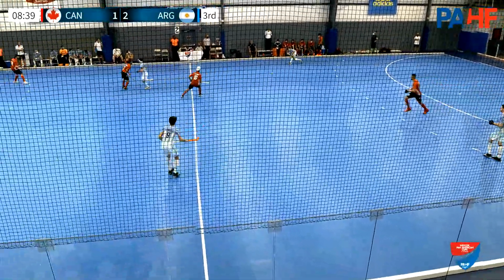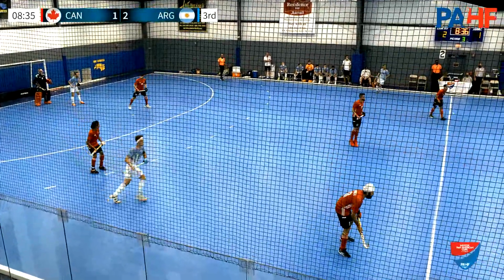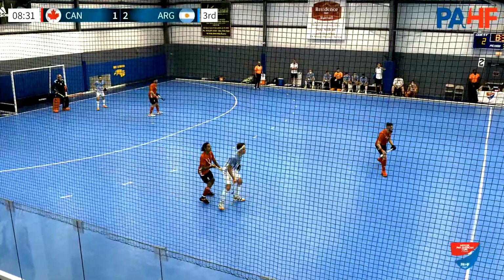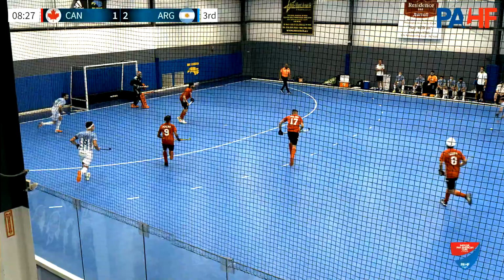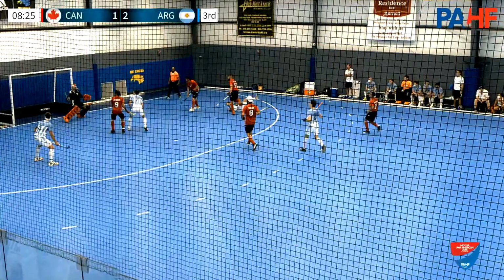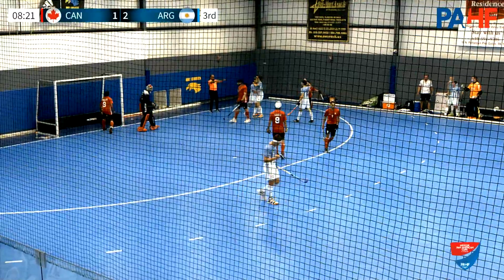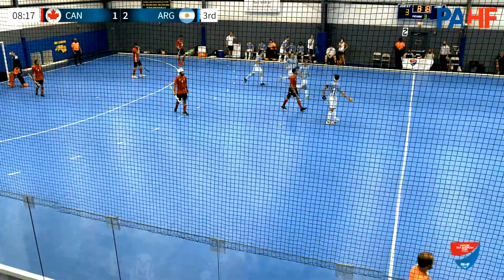You notice a little bit of body contact. The sport does not allow for contact. It's expressly forbidden. But, you know, it's a close quarter game also, so sometimes there's incidental body contact. And Argentina has extended their lead